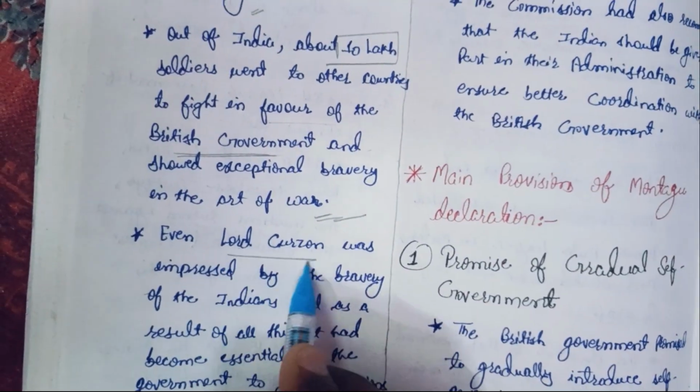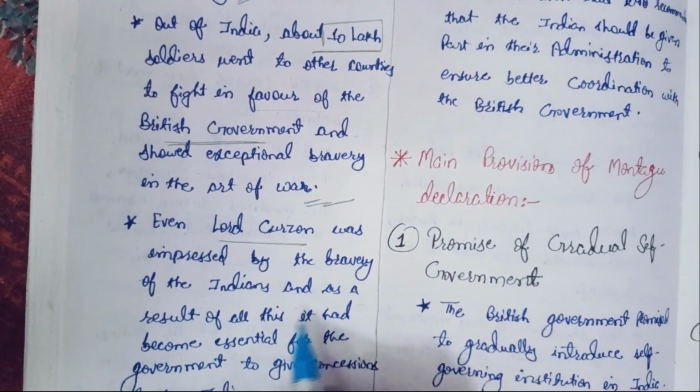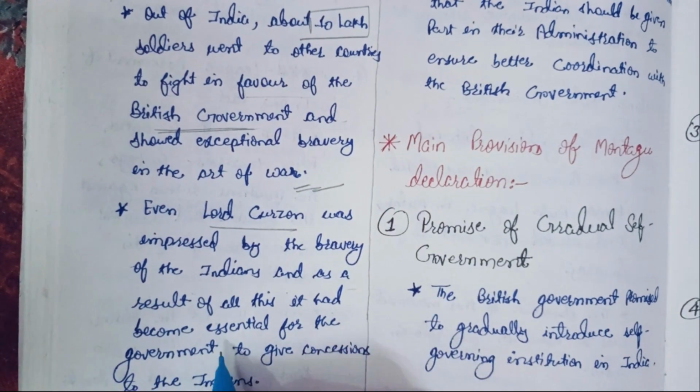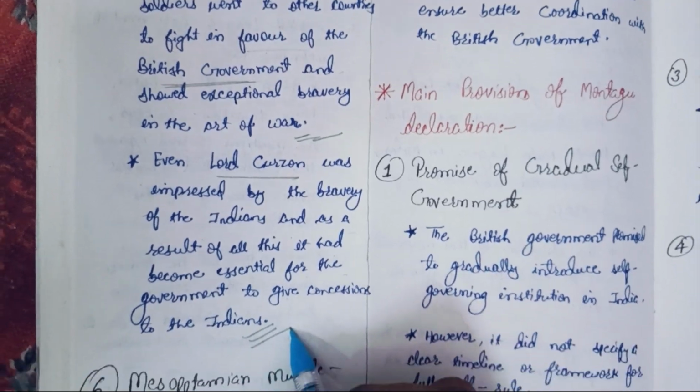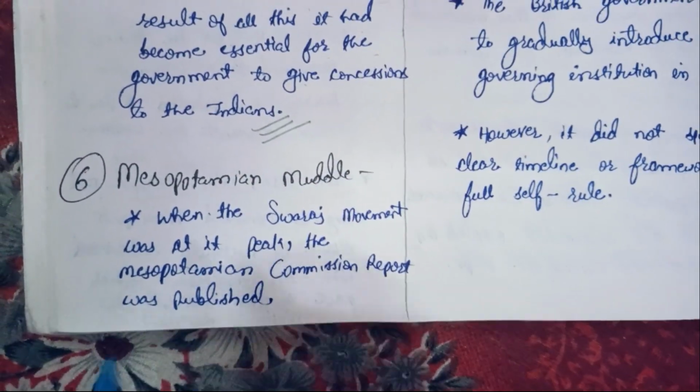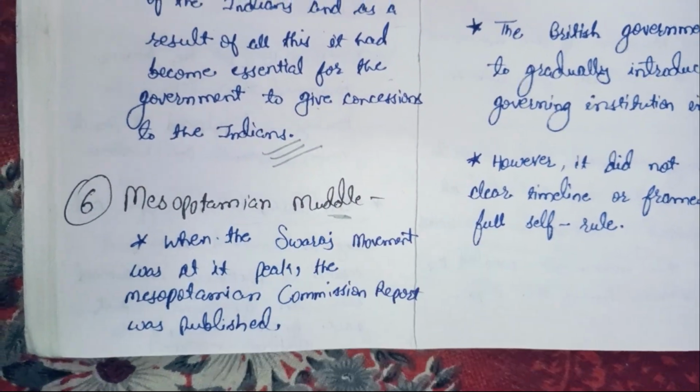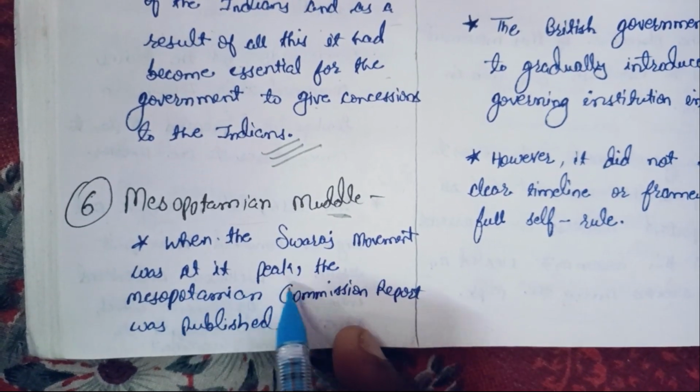Even Lord Curzon was impressed by the bravery of Indians, and as a result of all this, it had become essential for the government to give concessions to the Indians. Also, number sixth factor was the Mesopotamia model. When the Swaraj movement was at its peak,